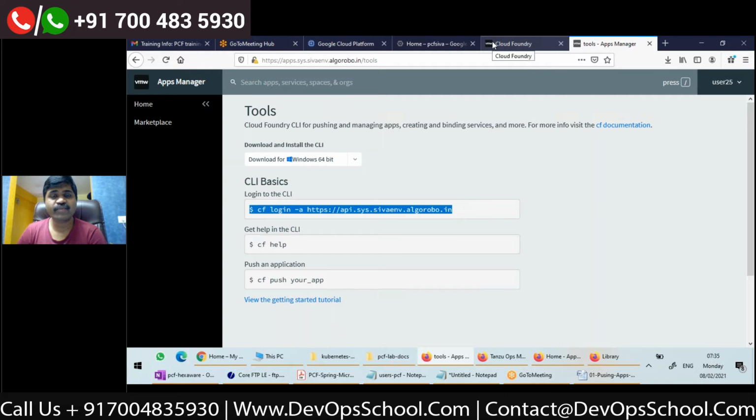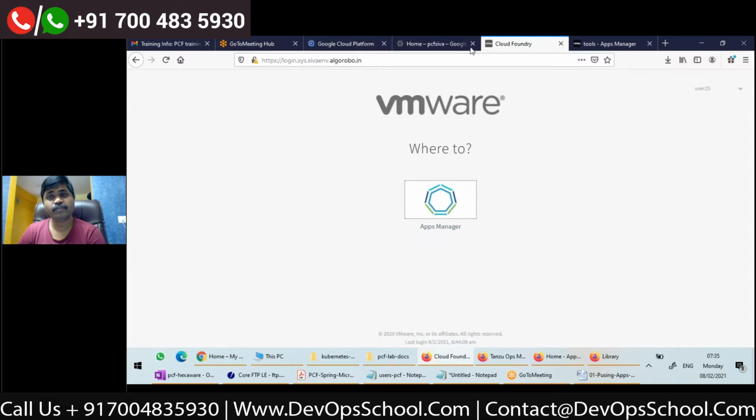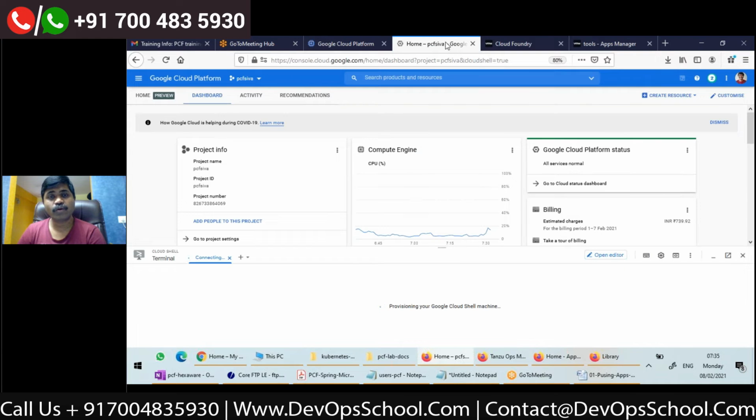So let us see. I will log in, but I don't want to actually do it from my local machine. I want to do everything from Google Cloud only. I want to provision a machine and I want to do everything there.